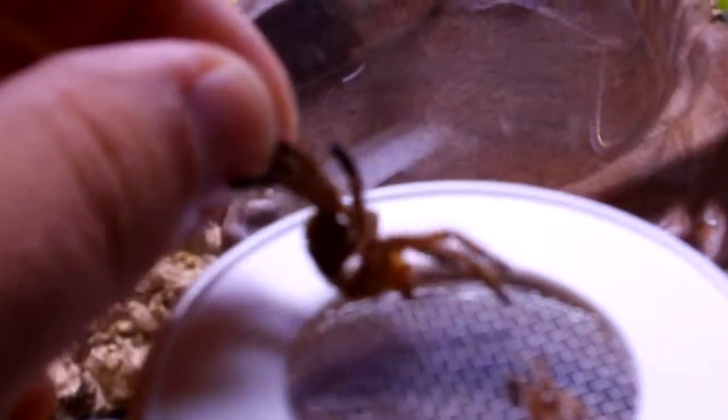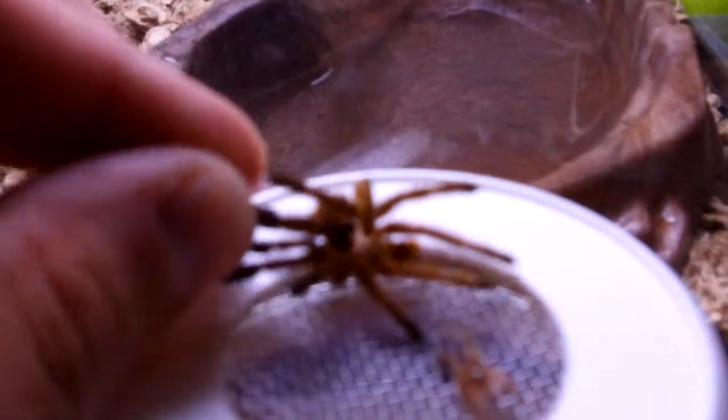This is my OBT, molted again. So she is a lot bigger, Fang. And then also this other little tiny thing right here is my Brachypelma smithi. And she molted for the first time. So I'm really happy about that because I've only had her for about a month. So I got the first molt, and it does take a little while. She was in pre-molt for probably 2 weeks. She wouldn't eat anything,